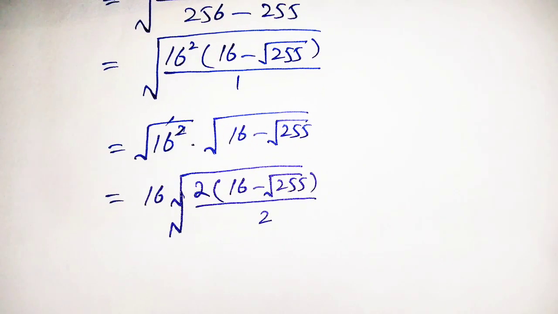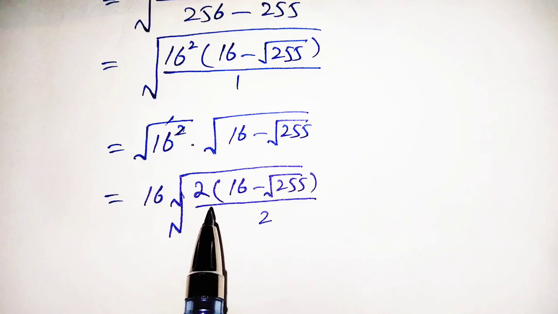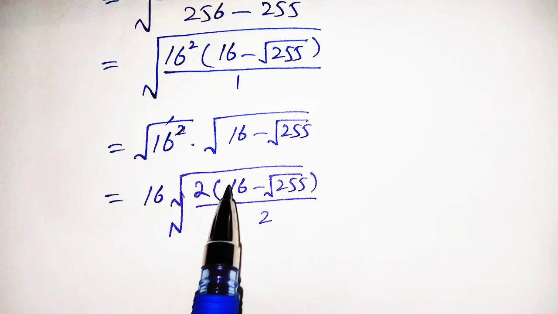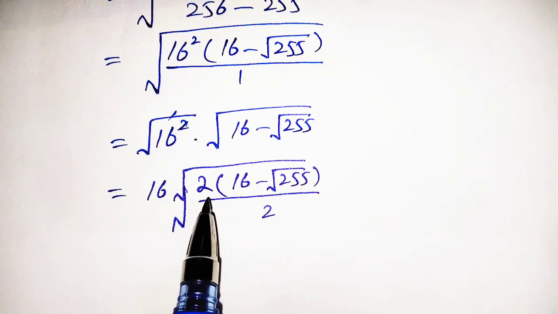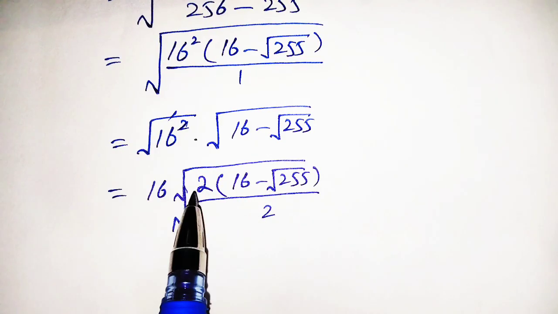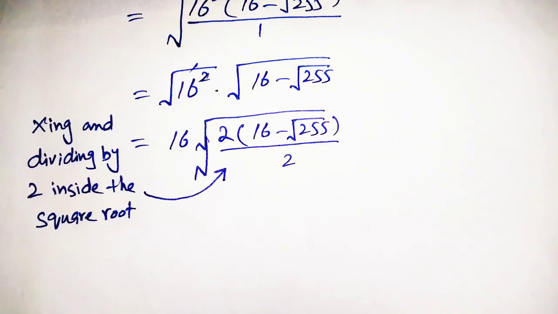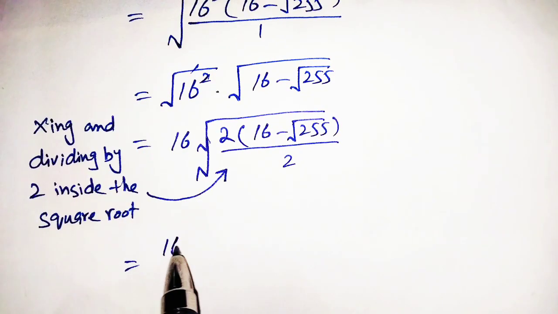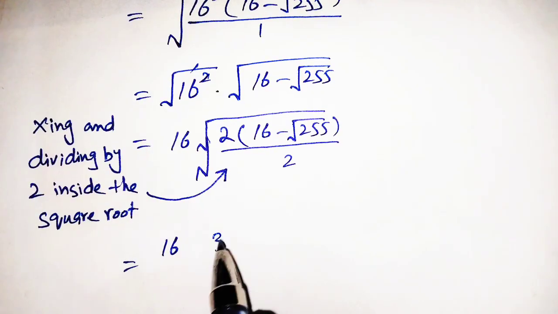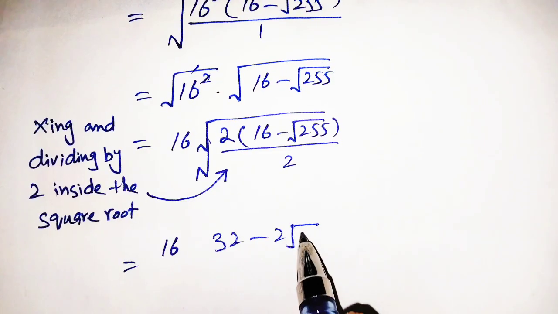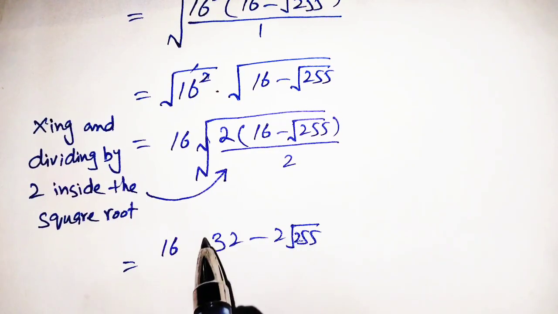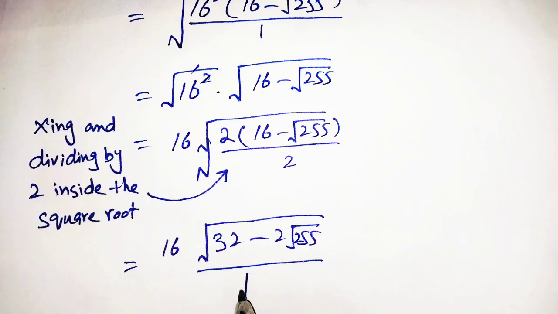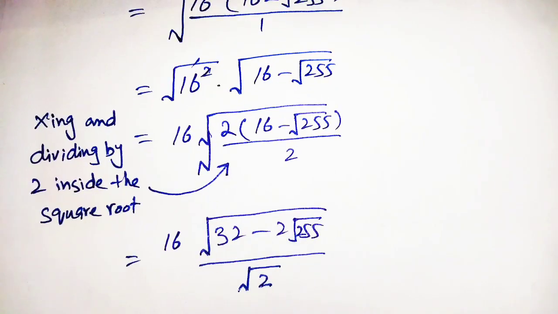As we know that whenever we have to solve a term inside the square root, we will go towards a complete square, so that we will cancel the square with the square root. So for this purpose we will use a trick here to complete the formula. We will multiply and divide with 2. Now we will multiply this 2 inside the bracket, and we will get 32 plus 2 times square root of 255, and the whole square root, and simultaneously we separate the square root of denominator and numerator term, and we get this here.